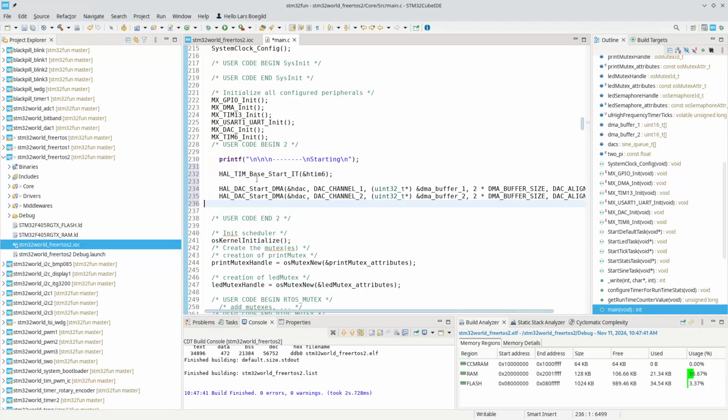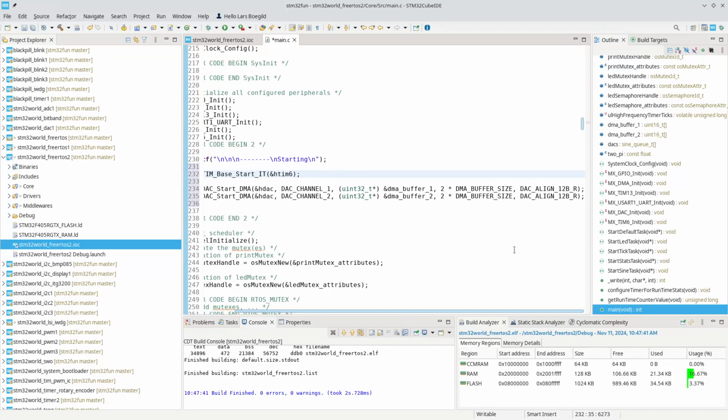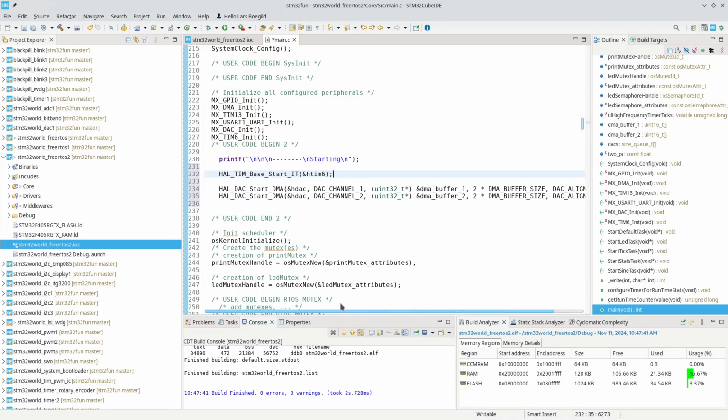So we're starting the timer in interrupt mode. That's actually not necessary, but we might need to. I don't know if it's actually necessary to use the interrupt there. It probably isn't. And then we start the DMA on the HDAC channel 1 with the DMA buffer 1, 2 times the DMA buffer size, and we do that for both of these